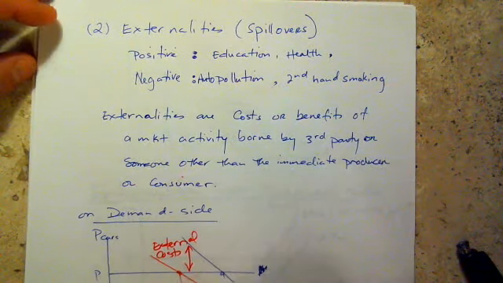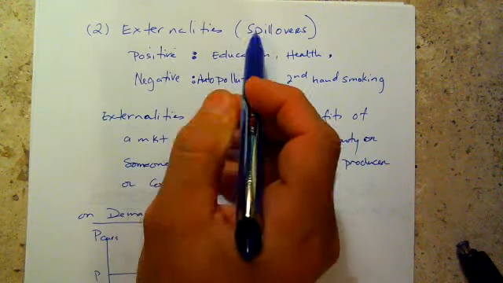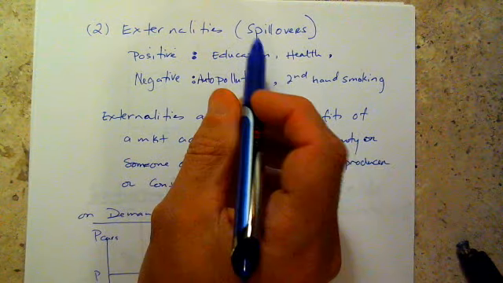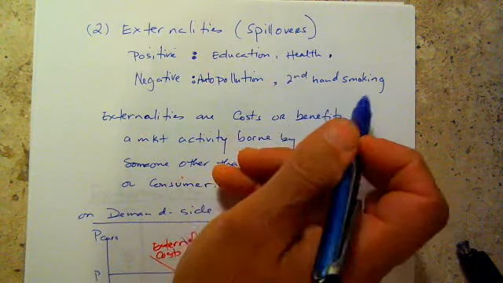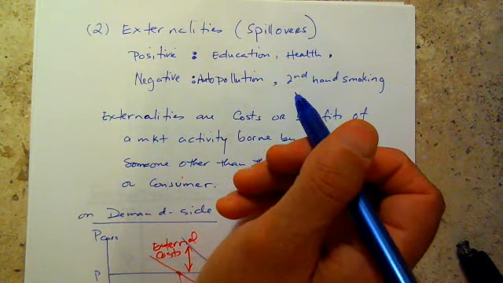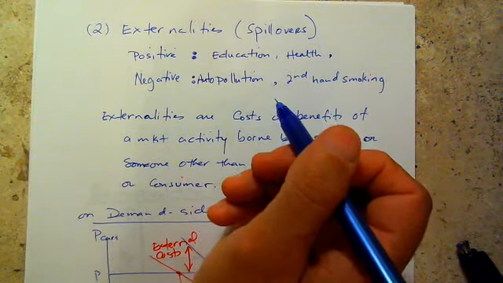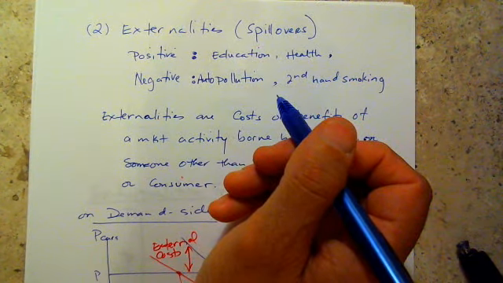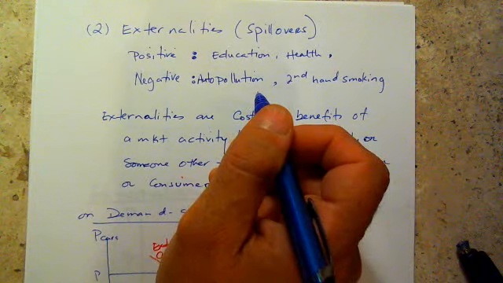Another condition where the market may fail is the presence of what we call externalities or spillovers. They can be positive spillovers, such as education or health, or negative externalities, such as auto pollution, secondhand smoking. If you pay 50 cents for a banana and then throw the peel in a hallway and somebody trips over it, you paid 50 cents on the private side, but somebody has to pay $20,000 for multiple fractured bones as a result of what you caused. That's an example of an extreme